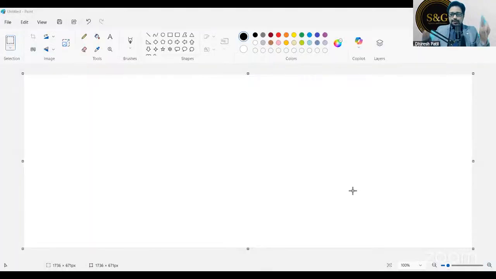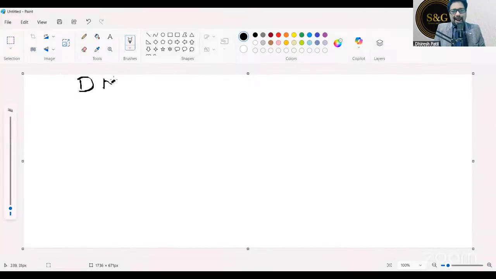Anyways, let's start the session today. Today we are going to discuss an important topic called correlation and regression. What is correlation? What is regression? With practical stuff we are going to discuss today. But in the scheme of the DMAIC framework, where do we find this correlation and regression? In DMAIC, which is define, measure, analyze, improve, and control, the topic we are going to discuss comes in the analyze phase. Everybody just make a note of this.